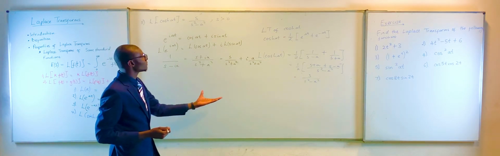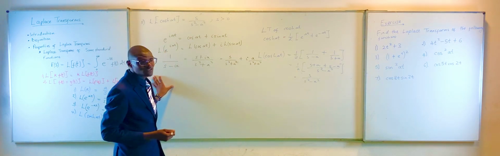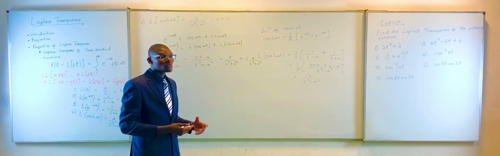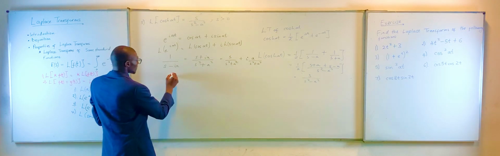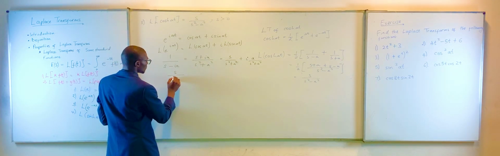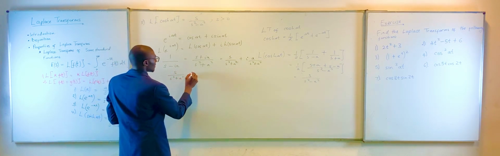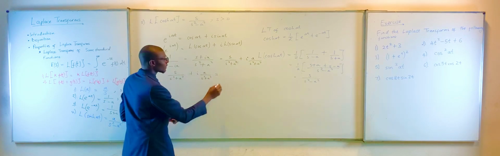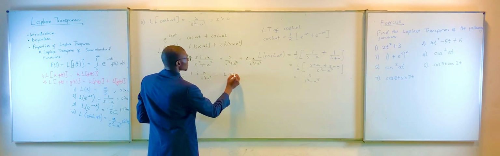Okay, so now this is the evaluation of what's on this left hand side. So now if we are to compare the real parts and the imaginary parts, we're saying s over s squared plus a squared, then plus i a over s squared plus a squared is equal to the Laplace transform of cos at